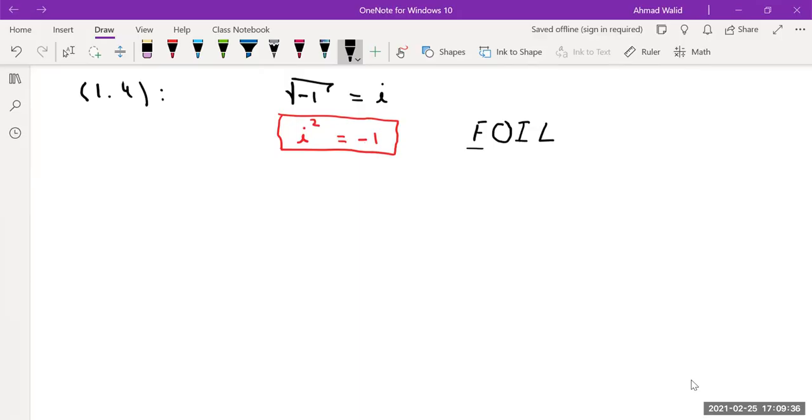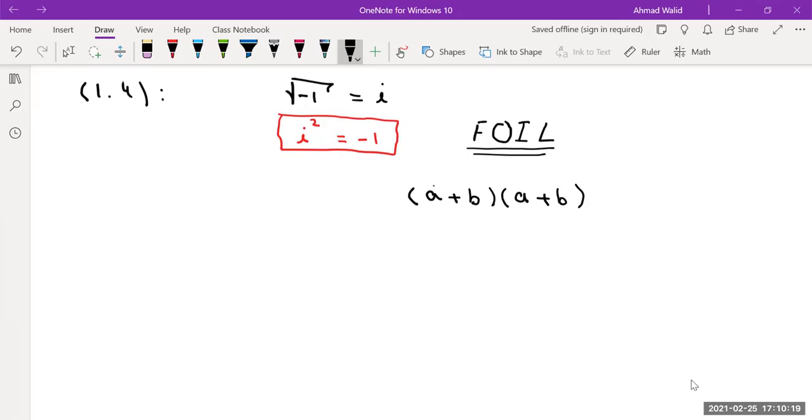Everyone knows what FOIL means: F represents first, O represents outside, I represents inside, and L represents last. For example, I'm not explaining complex numbers here first. If I have (A plus B) times (A, let's say, plus B),